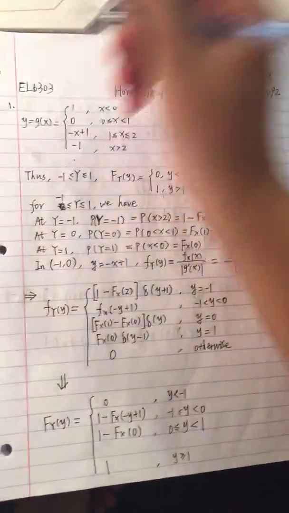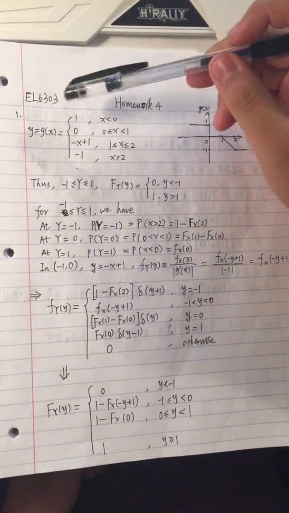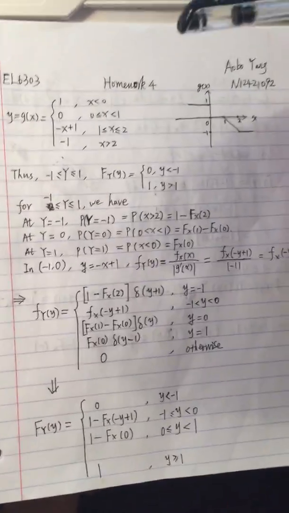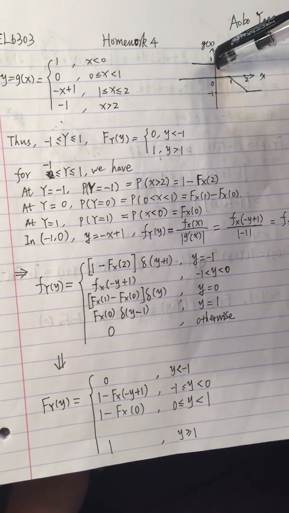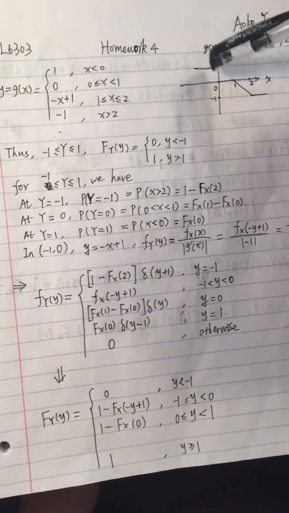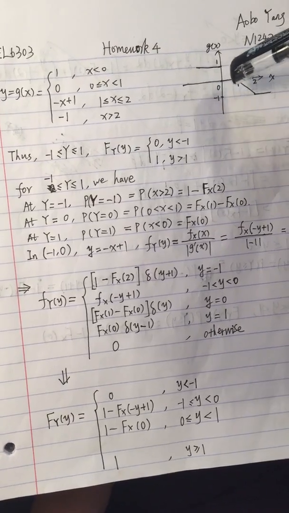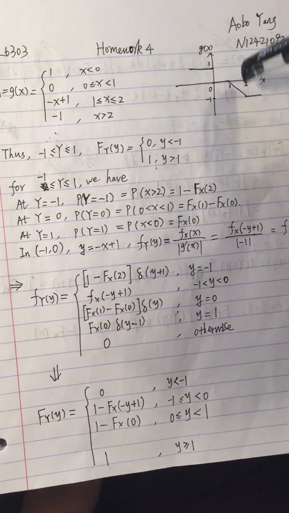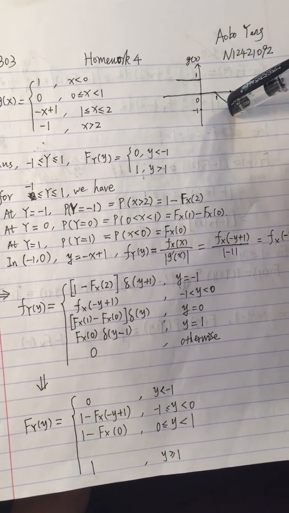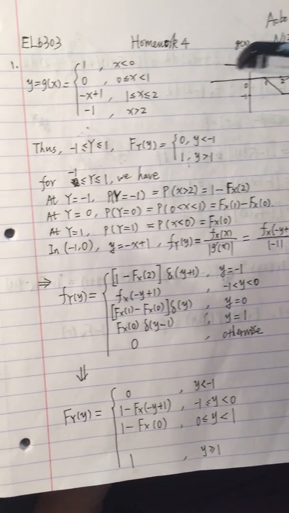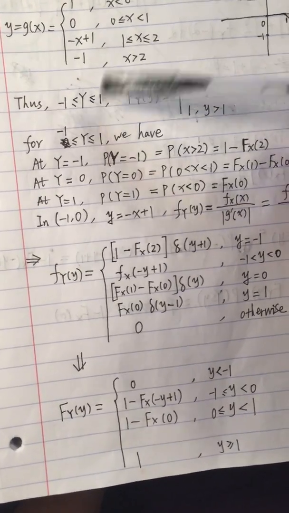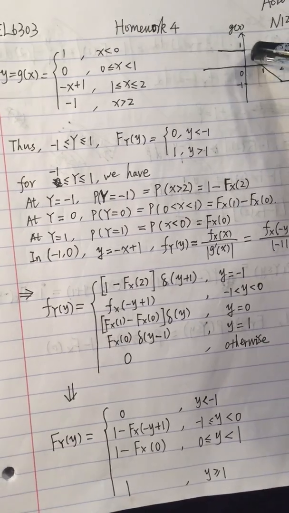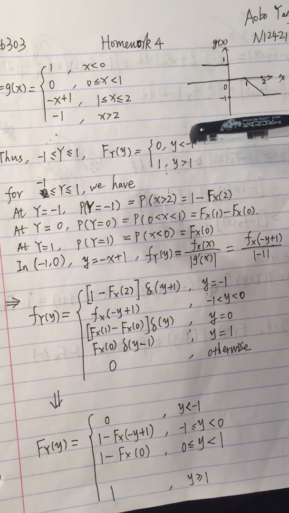Okay, so for the first question, first we get Y equal to g(X), and we can draw g(X) like this. Less than 0 is 1, and 0 to 1 is 0. From 1 to 2 is minus x plus 1, and after 2 is minus 1. So you can easily find that Y is from minus 1 to 1 like this, and F_Y we can easily find that